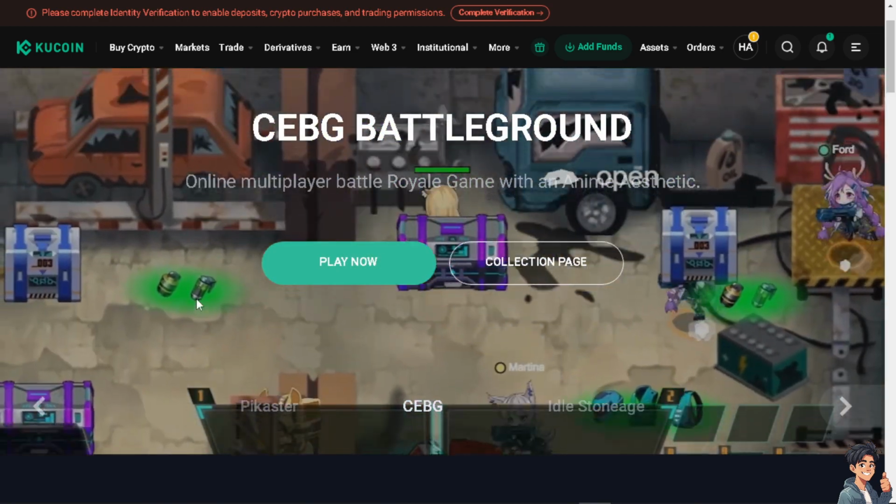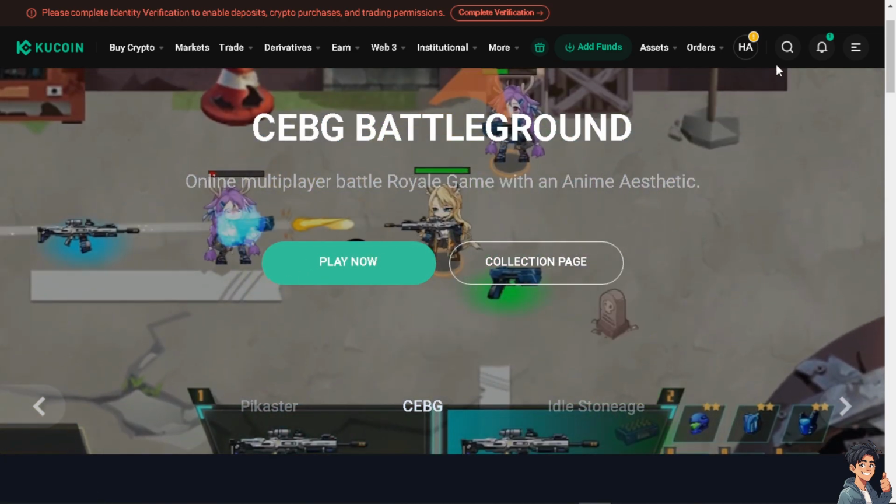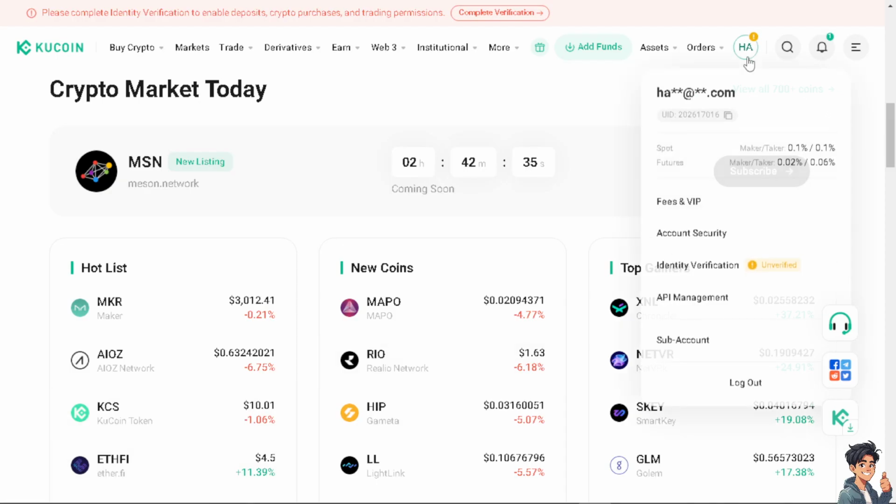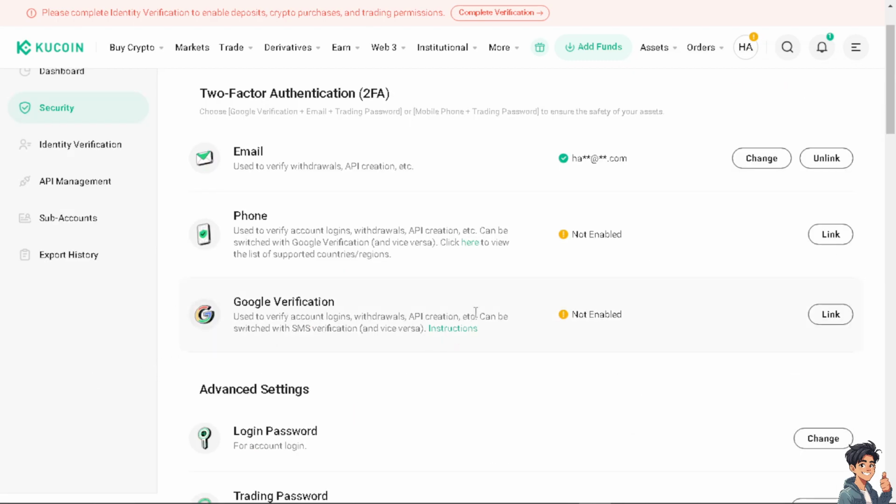It's very easy and straightforward because all I have to do is hover to the upper right corner of your dashboard. And from here, all I have to do is click on the account security. Now, once you are here, as you can see, my phone number is not yet bound to my Kucoin account. So all I have to do is click on the link. But once you have bound your phone number, the link should change from unbind. Okay, so I'm going to click on the option to link or bind,